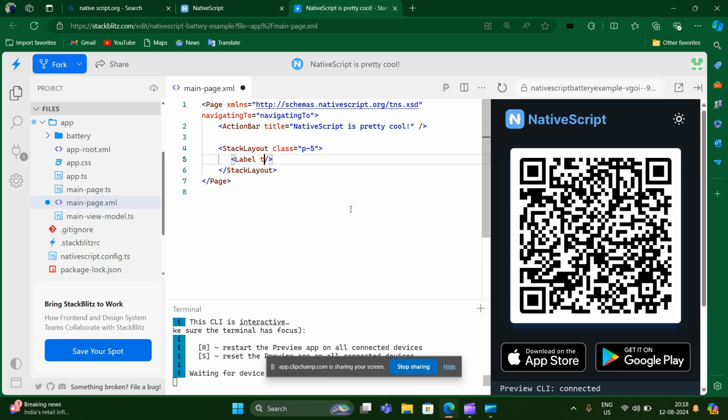For writing the text, you have to use the property text, then an equal to sign, and then inside the inverted commas you have to write any text. When you write any text there, that text will appear on the mobile screen. So I'm going to write here, like, use of